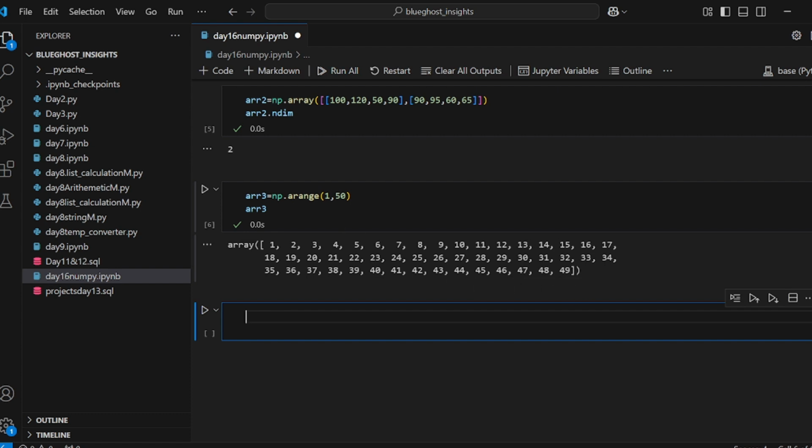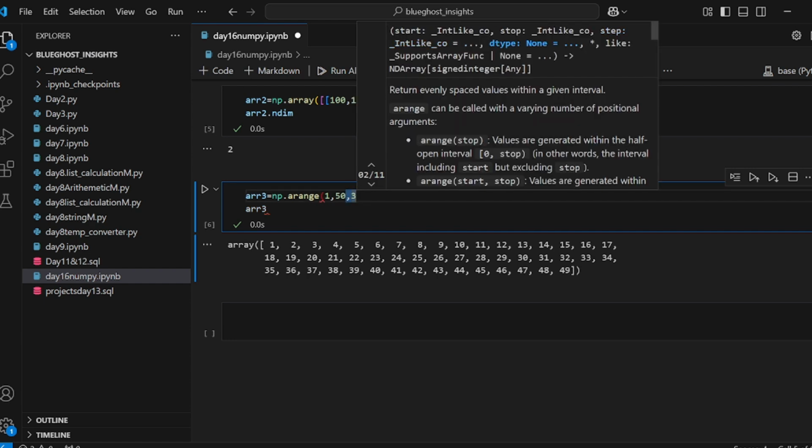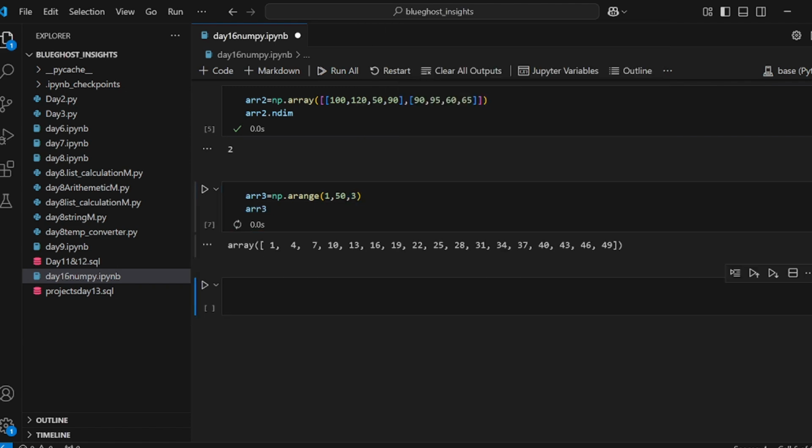Now I can say I want to be adding 3 at each step before 50. So all I have to do is say 3 at the back and close this. If I run it, you can see 1 adds 3 gives 4, adds 3 gives 7, adds 3 gives 10, like that. So you can see how it's arranged with a sequence of 3. Instead of from 1 to 50, it just adds 3 before it goes to the next number.